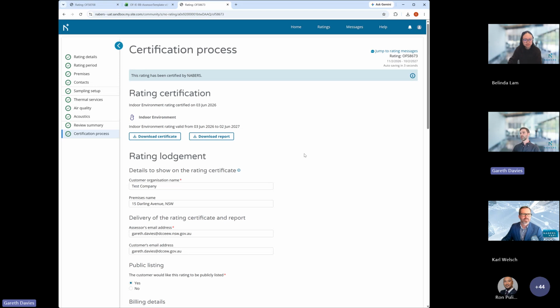Okay, so you'll always be able to access the certificates and reports from the certification process page. After it has been certified, they will be emailed to you and the customer. But like I said, you can always come back here to look at them. So you can see we've got download certificate, download report. So if I download the certificate,